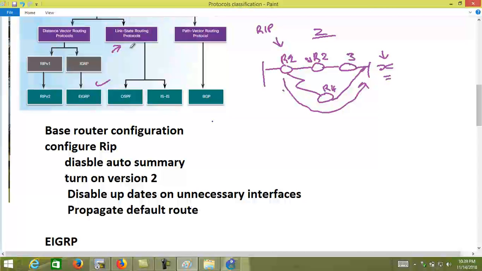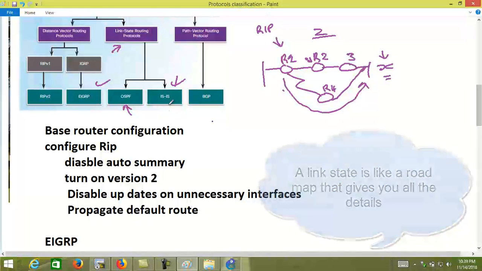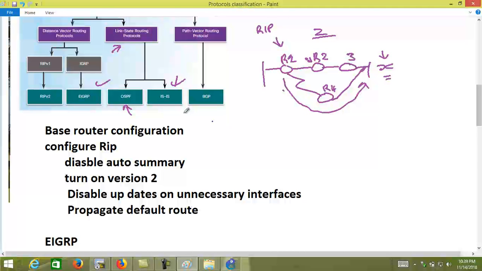To understand that slightly better, let's look at link state. This is where, when a router boots up that is running a link state routing protocol like OSPF, the only one we'll look at in CCNA, or IS-IS, that's usually run in ISP networks and is not very common. The reason why they are called link state is that they define networks in terms of the link state. So like router 3, when it boots up, if it is running OSPF, it will create what we call an LSA, a link state advertisement. Basically, it's just a packet that has all the stats of the network X with regard to what router 3